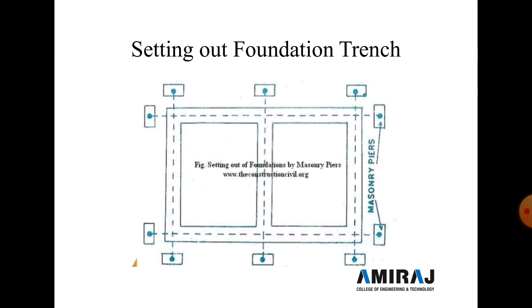The pegs may be provided about 25 to 50 mm above ground level and may be driven at a distance of about 2 meters from the edge of the excavation so that they are not disturbed. When a string is stretched, it joins the corresponding pegs at the two extremities of the line. The boundary of the trench to be excavated can be marked on the ground with dry lime powder.